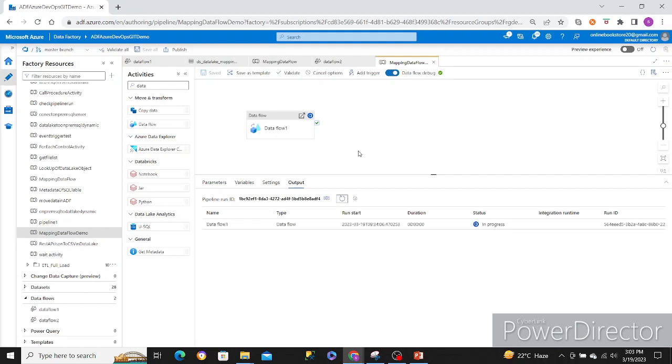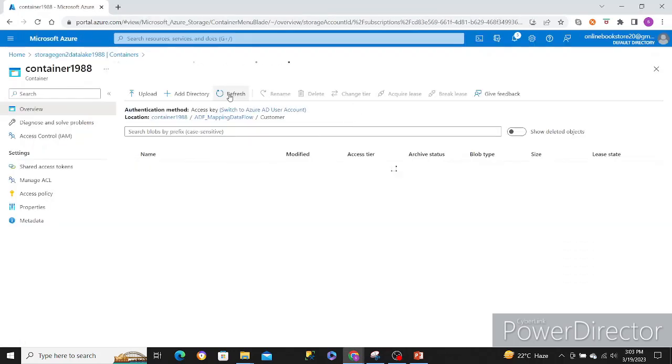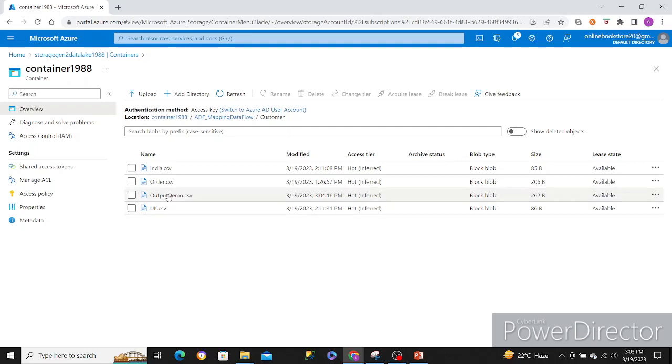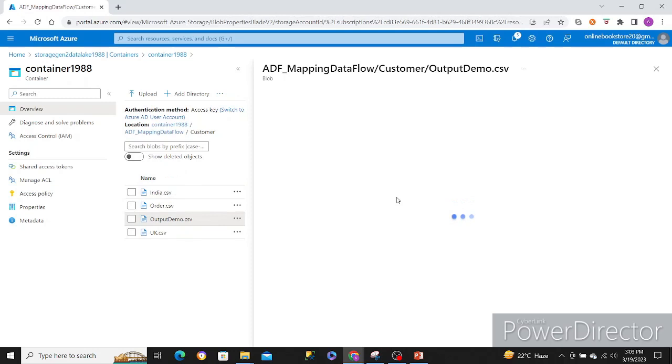If you don't give a file name option, it will create multiple files, because Spark works in a distributed fashion, so it writes multiple files. But now we have used a single file option, so it should write a single file instead of multiple files. So let's see whether it's successful or not. Now we can see it has created a single file. If I go inside and see the data,